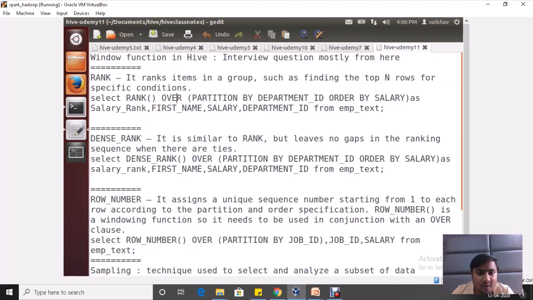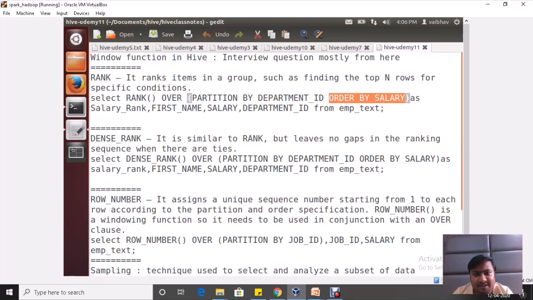Select rank over, then the rank function needs to be combined with the over clause: over partition by and order by. Partition by means the group that will be created based on this column. As the value changes, the rank will reset. And order by salary, so if there are multiple rows in that particular partition, how you want to show the results.